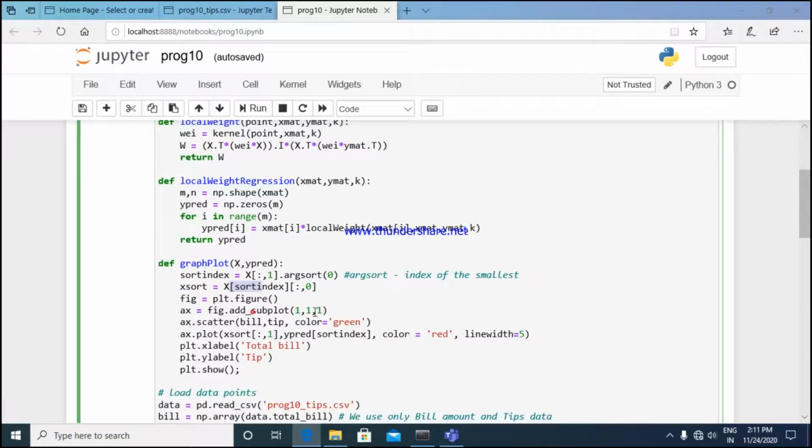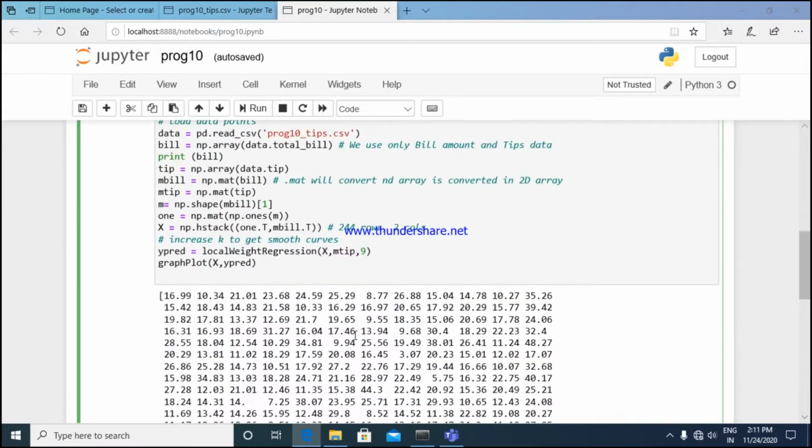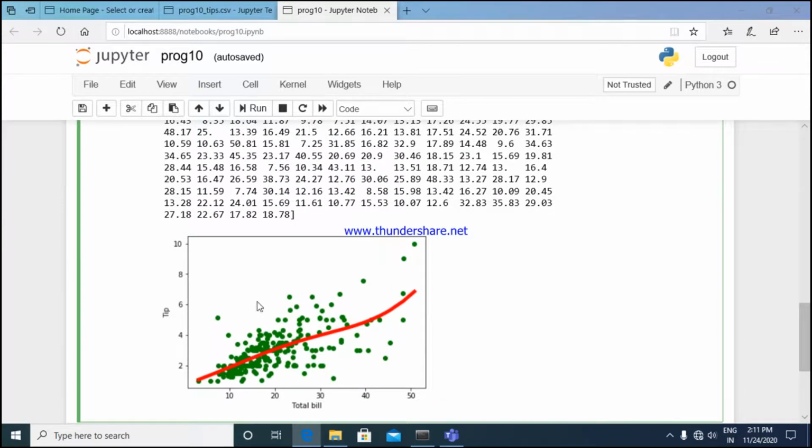We have three-dimensional data available, which is fig.add_subplot of your graph with three different slots, that is 1 1 1, wherein we are using a scatter graph. For each point on your graph, it is bill and tip, and the color we represent here is green. Greens are the scatter points showing how much tip is provided for the total bill.